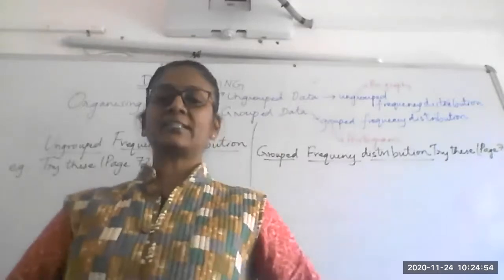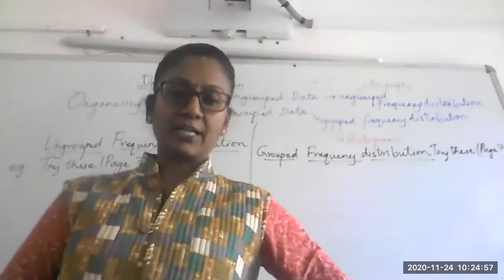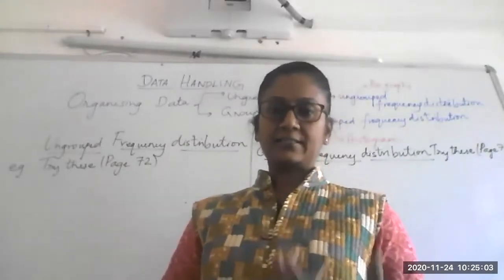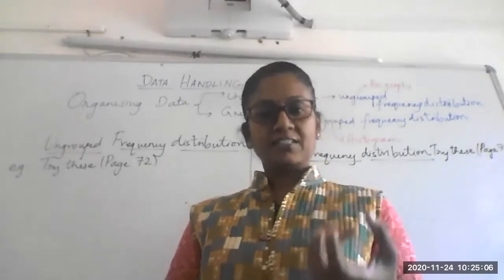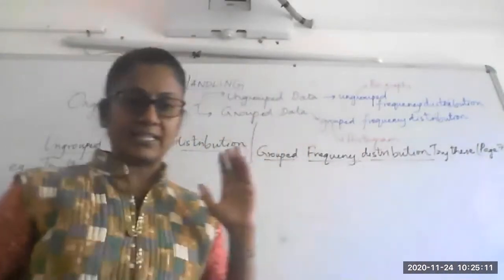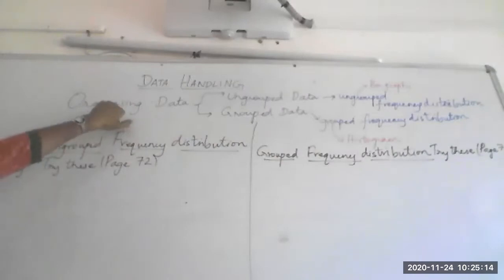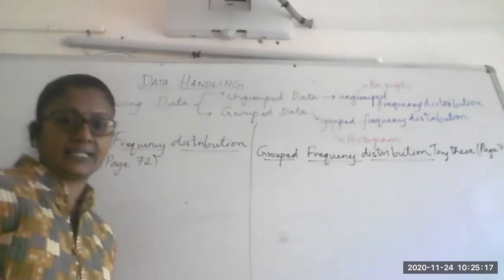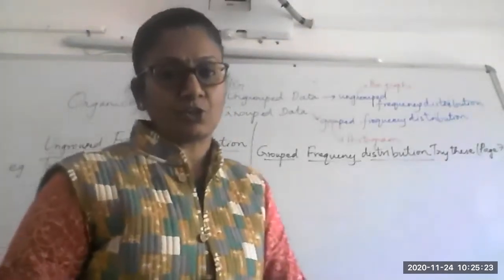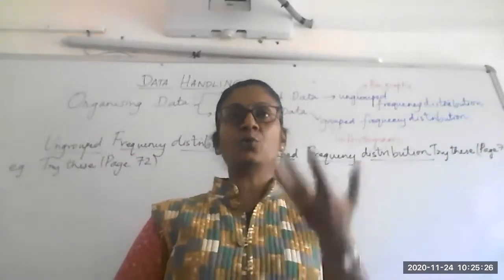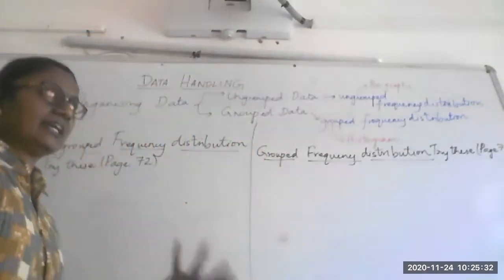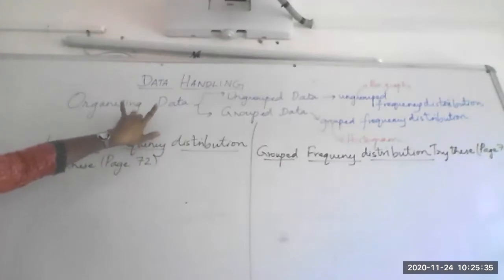So today we'll be moving one step ahead, where we'll be seeing how to organize data. Yesterday itself I discussed with you what data is. Data is the information that you collect which is meaningful and has a context or a purpose for collection. So once you have the data with you, you should know how to organize it. But why should I organize data? Organizing data is very important because you have to draw information or interpret the data. You need to put it in a specific way so that it gives you the information in a very easy and meaningful way. So organizing data is what we are going to do next.